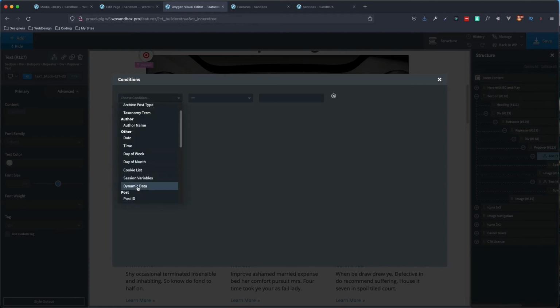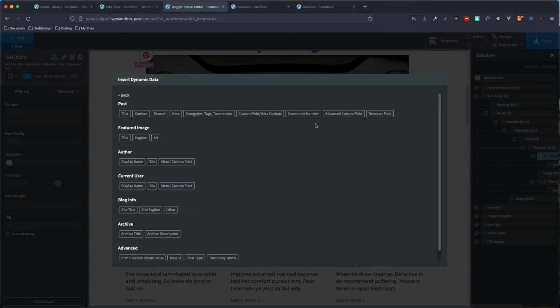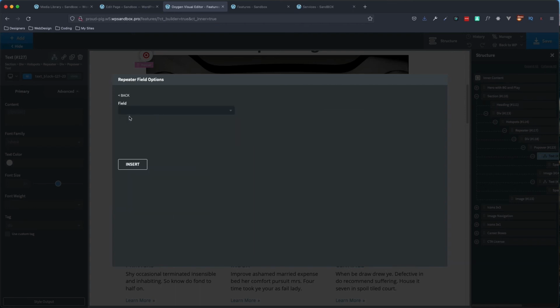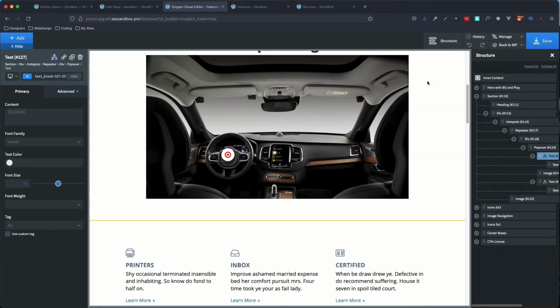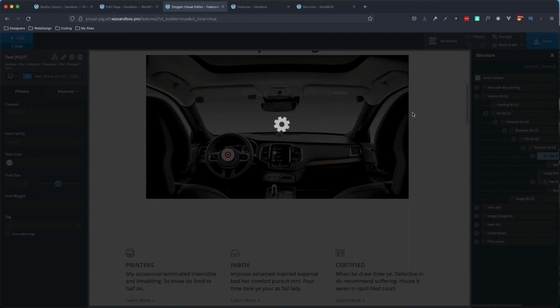And I'm going to click dynamic data in our drop down, then repeater field, and then we're going to choose our title. In this case, click insert, and we want to again set it to is not blank. And you don't have to put anything in the custom field here, just is not blank is going to be good. So now if I click the X on that and save,